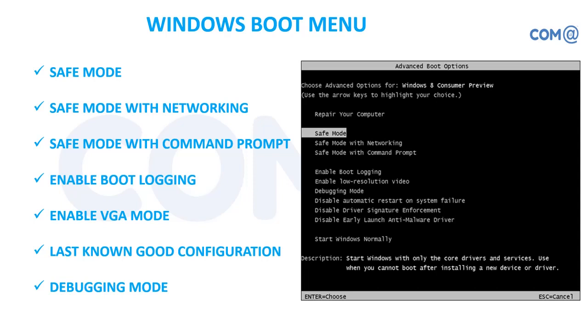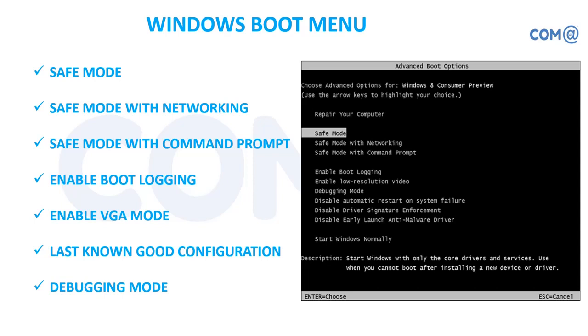So if you see in the table or command prompt on the right hand side, we have safe mode with networking, safe mode with command prompt. Why we are saying this is, in safe mode, if I log in the normal safe mode, these options are not enabled. So the network card will not work. If at all you establish a network connection, it will not work. Command prompt will not come. You want to execute some commands in safe mode, you cannot, because there is no command prompt.